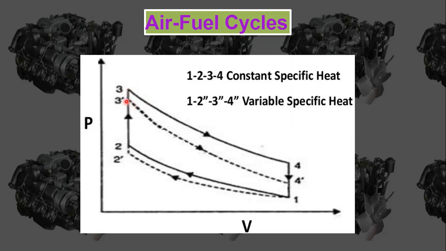Since it is an actual cycle, we are going to have several losses, and mostly there will be specific heat changes. That means there will be variation in specific heats. So that's why there will be reduction in pressure and temperature here, and because of that the efficiency is going to reduce. If we assume ideal conditions, we are going to have high pressures and temperatures, either in compression or expansion. Because of that expansion, here we are going to have linear things, and there will be high pressures and temperatures.